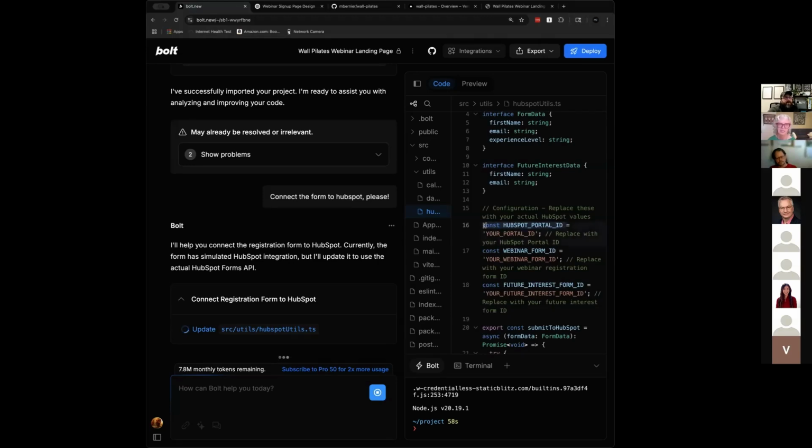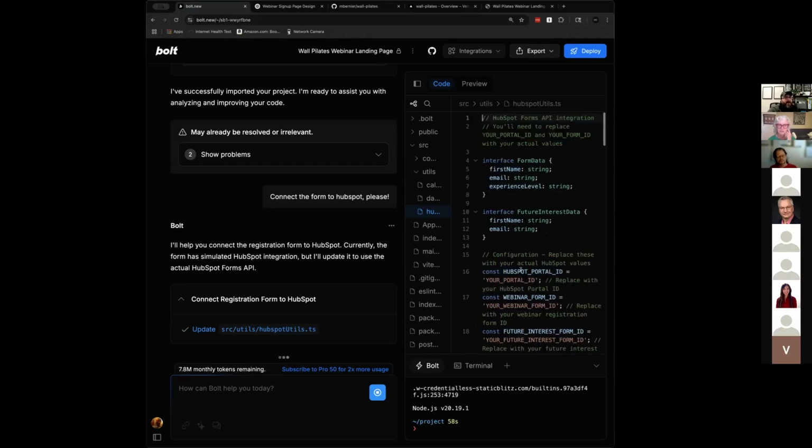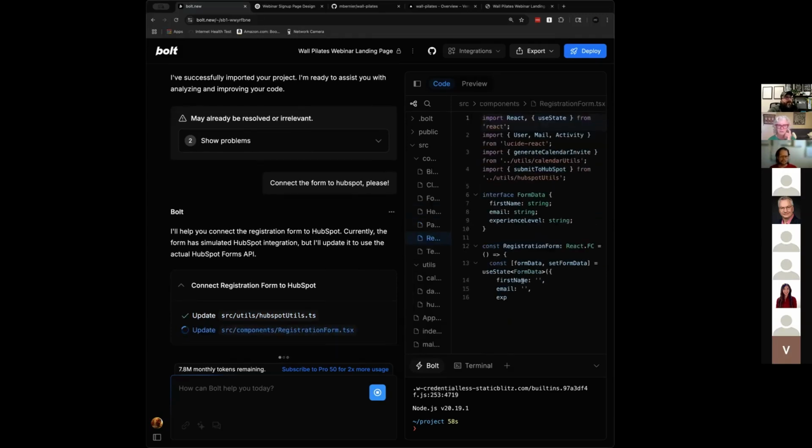These are those environment variables we were talking about. Here it's offering to hard code it, which is not ideal, frankly, because then it's in your code. But you could just say, hey, pull the secrets into a .env file. Then you can pass it with Vercel or whoever you host with.